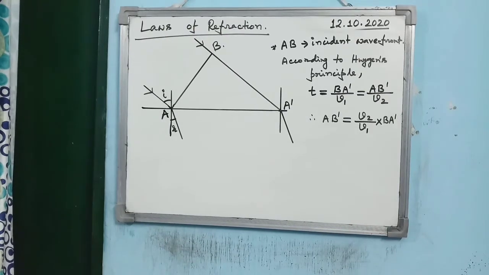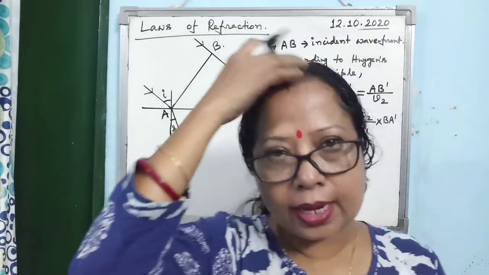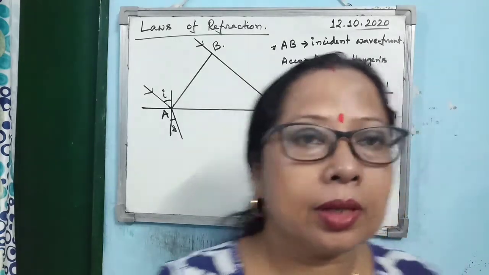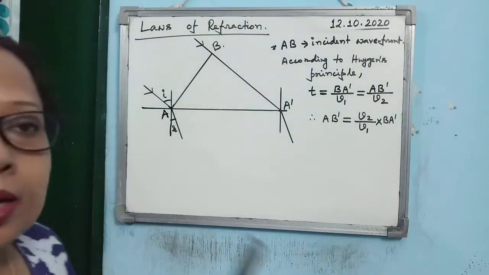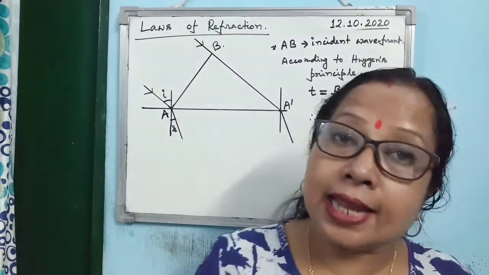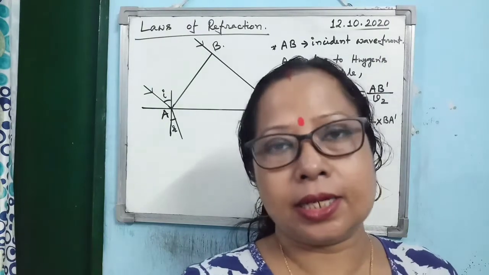Now next is by using Huygens principle. This one diagram I have not completed because by mistake the last diagram I completed. I should show you how you must draw the diagram. So that's why I have not completed it. So you just consider how we can prove Snell's law, means laws of refraction by utilizing Huygens principle.